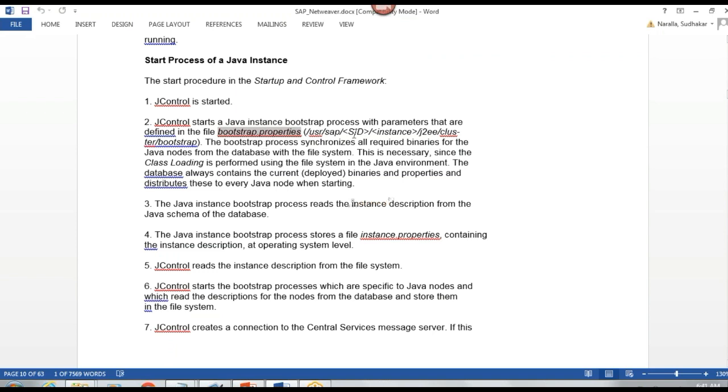Where will this file be saved? In /usr/sap/SID/instance/J2EE/cluster/bootstrap folder. This is the location of my bootstrap.properties. It will start the Java instance bootstrap process with the parameters that are defined in this file. Default parameters are defined in this bootstrap.properties file. It will read them and start the processes. Okay, and